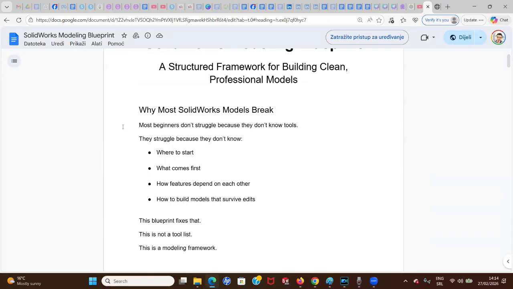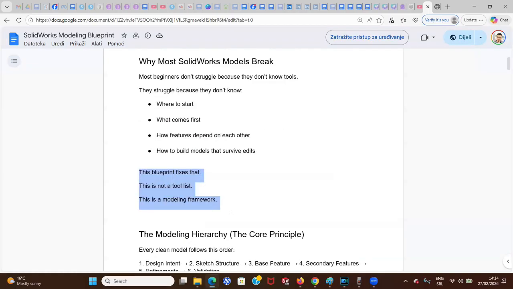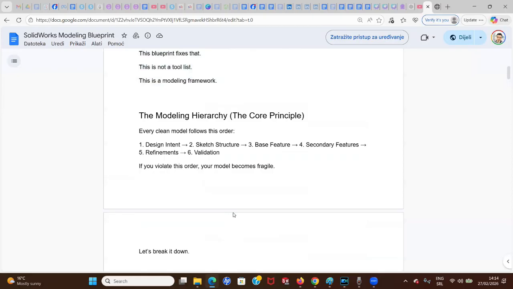Most beginners don't struggle because they don't know tools. They struggle because they don't know where to start, what comes first, how features depend on one another, and how to build models that survive edits. And this blueprint will fix that. This is not a tool list. This is a modeling framework. So let's get started. Before we dive deeper, first we have to cover the core principle,